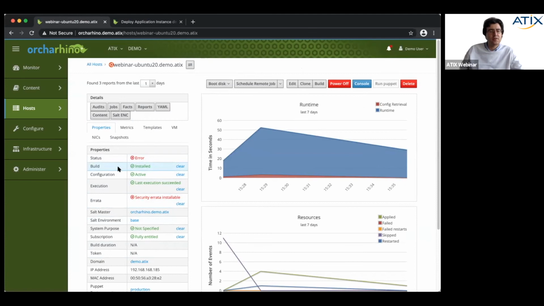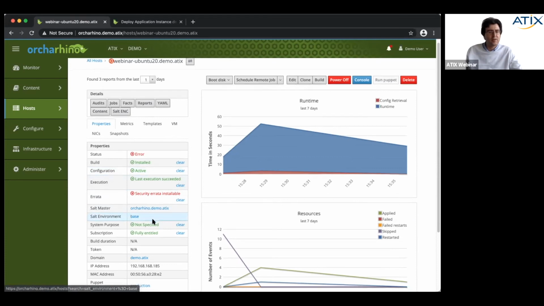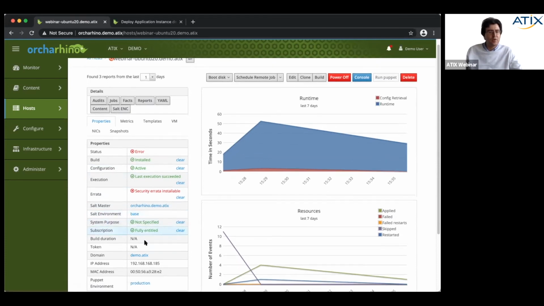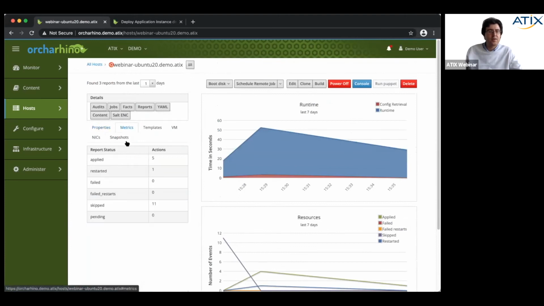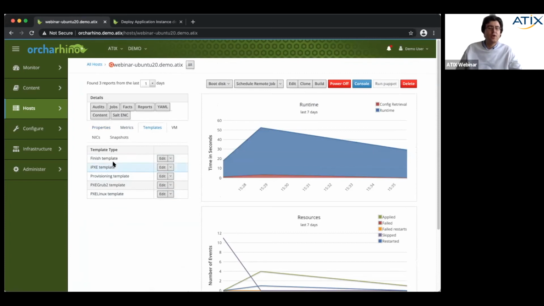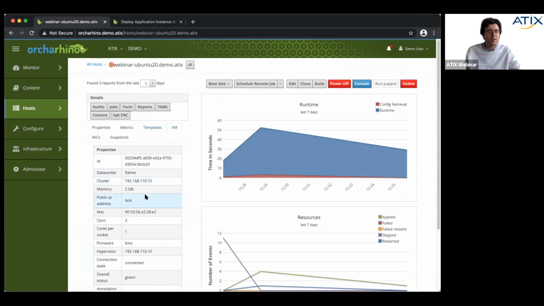So let's go to different parameters over here. Your build status is installed, configuration is active. This means that the last configuration manager run was successful and it had changes. The last remote execution which was triggered was also successful. We see our sort mask, the sort environment, the system purpose, which is not specified. We see the subscription is fully entitled. We see the domain, we see the MAC address. Over here, we see different values for the metrics. We see the templates which have been used for deployment and can render them to see what commands have been executed. Now we have information about the virtual machine itself,